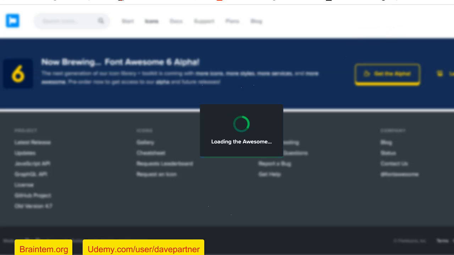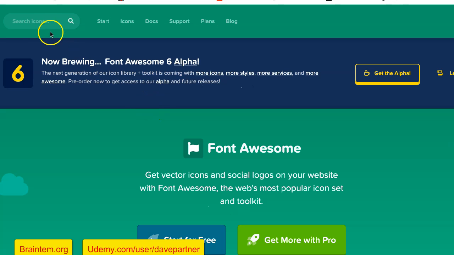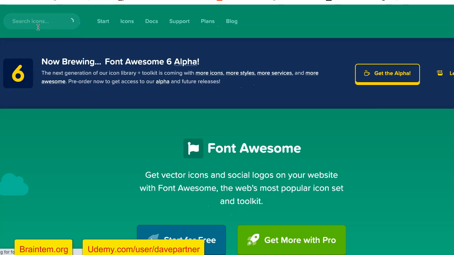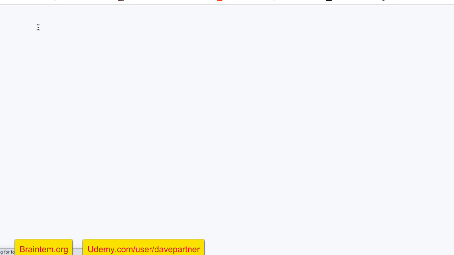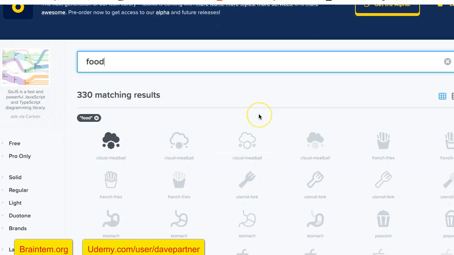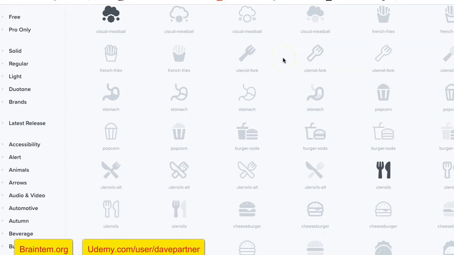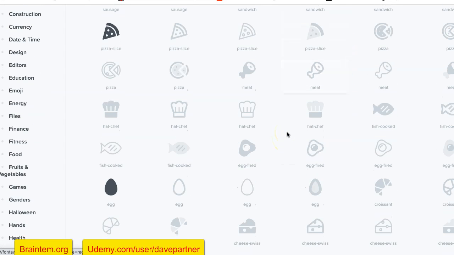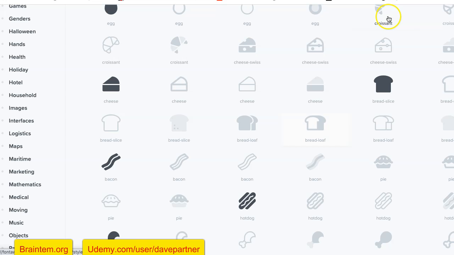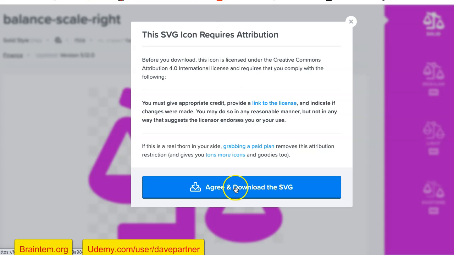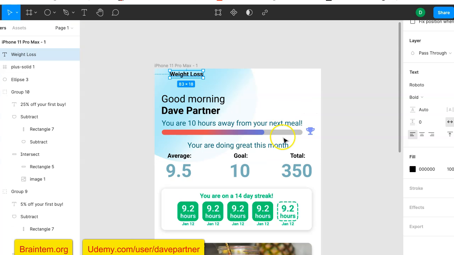Double click. Okay, while it's opening, let me open another window and search for food. So let's see what food has for us. This is food. Okay, I think I prefer the weight loss. I prefer the weight loss logo. Look at this. Beautiful. So download as SVG, agree and download, get back to our Keto app,